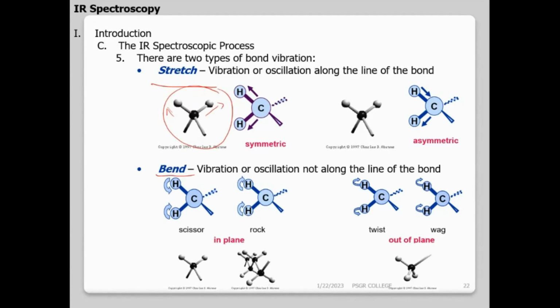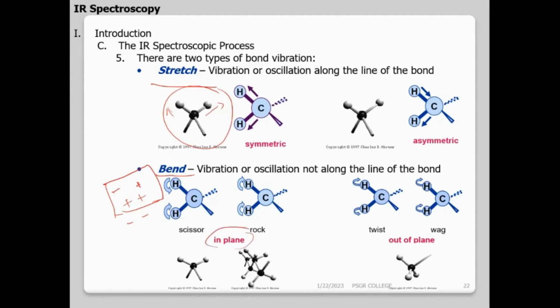And when I talk about bending vibration, I can have two types: in-plane bending and out-of-plane bending. Suppose this is the plane of the molecule. A plus sign means coming out of the plane. Some books give minus, so minus means below the plane. If both are plus, both are above the plane; if both are minus, both are below the plane. And if there is no sign given, it shows it is in-plane. So if no sign is given, it is in-plane bending; it bends within the plane.